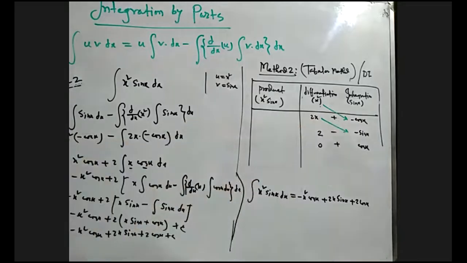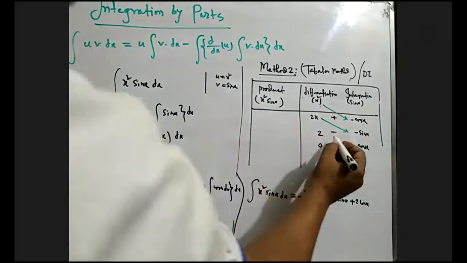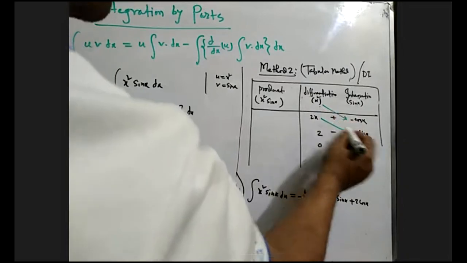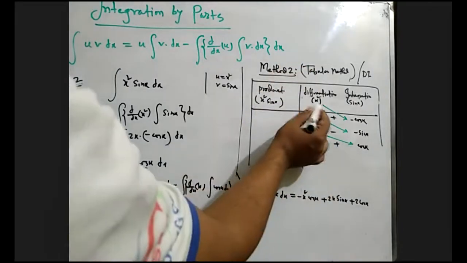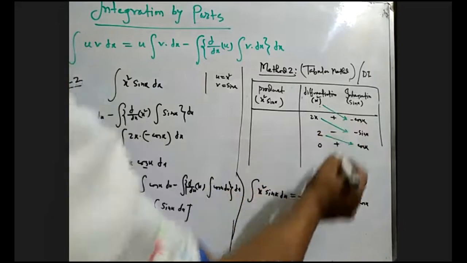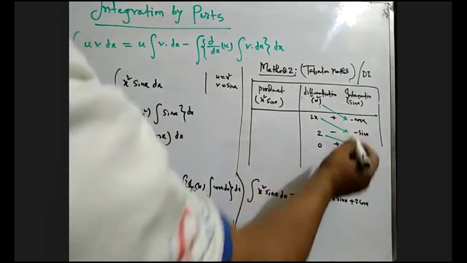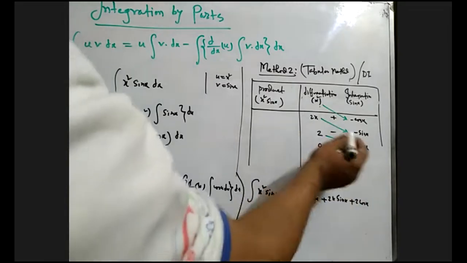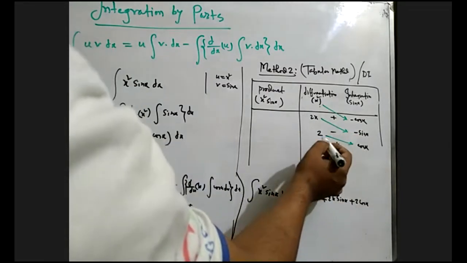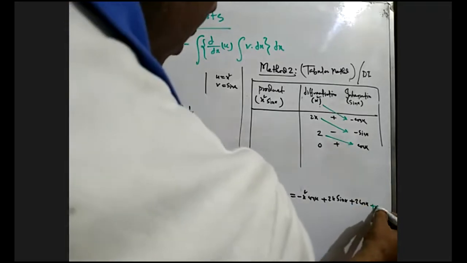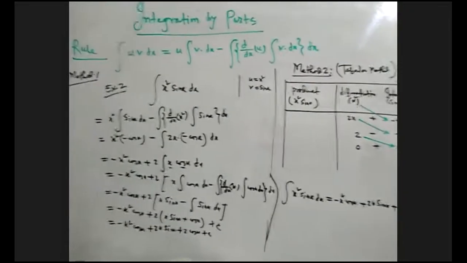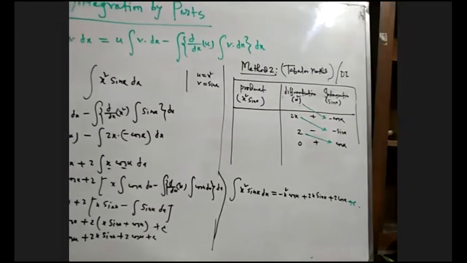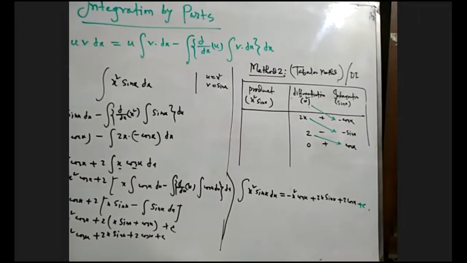Now just adding corner, adding this corner, this one, this one, this one, and this one. So integration of x squared sin x by tabular method, what will be? Minus, plus, minus, minus, product of this corner, and product of this corner. Minus, minus, what will be? Plus twice x sin x, and plus what will be? 2 sin x. There will be an integral constant. Very easy. This is the first method, and this is the second method by using differentiation and integration process, DI method also, or tabular method, anyone.